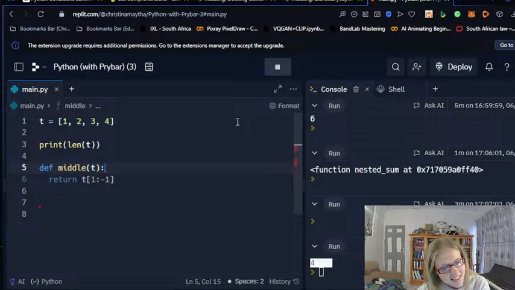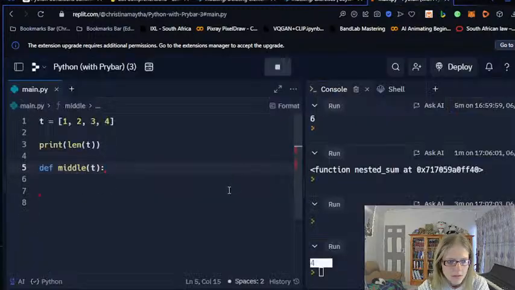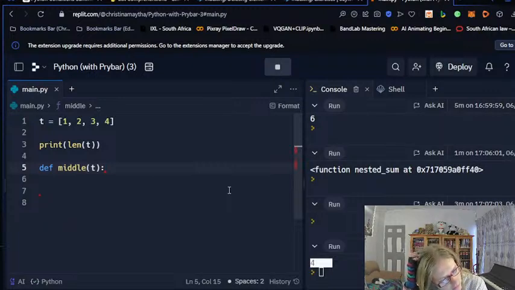Return T. Write a function called middle that takes a list and returns a new list that contains all but the first and last elements. I don't know how we would create a new list, but